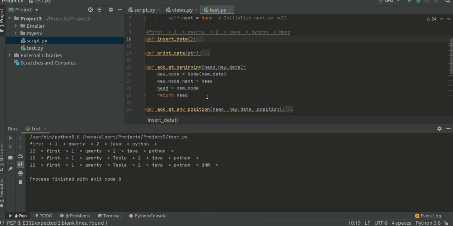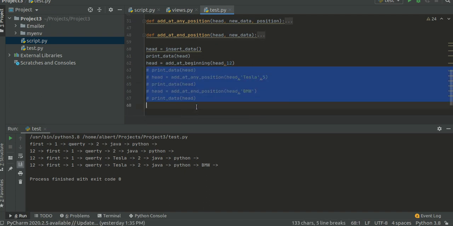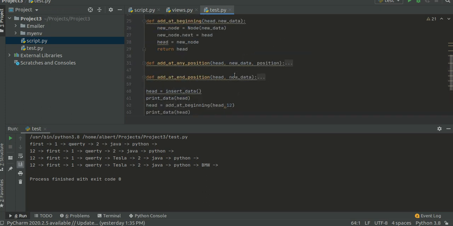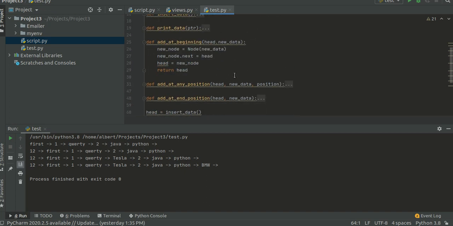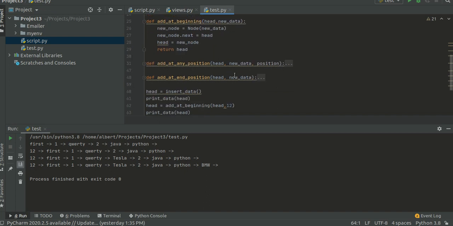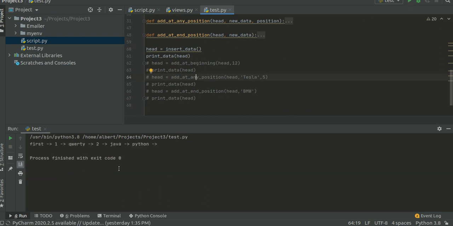Now add at the beginning. Let's see this code first. First we run insert data: 1, QWERTY, 2, Java and Python.